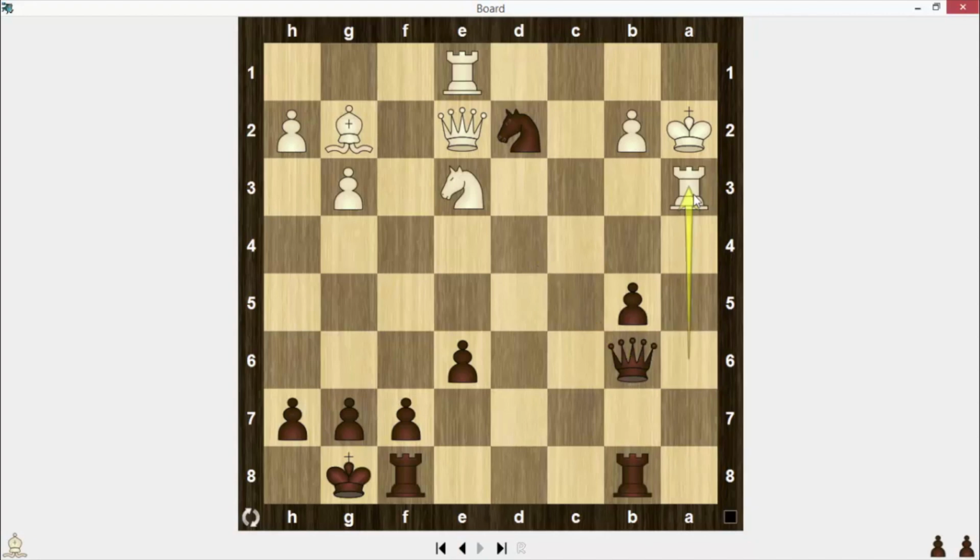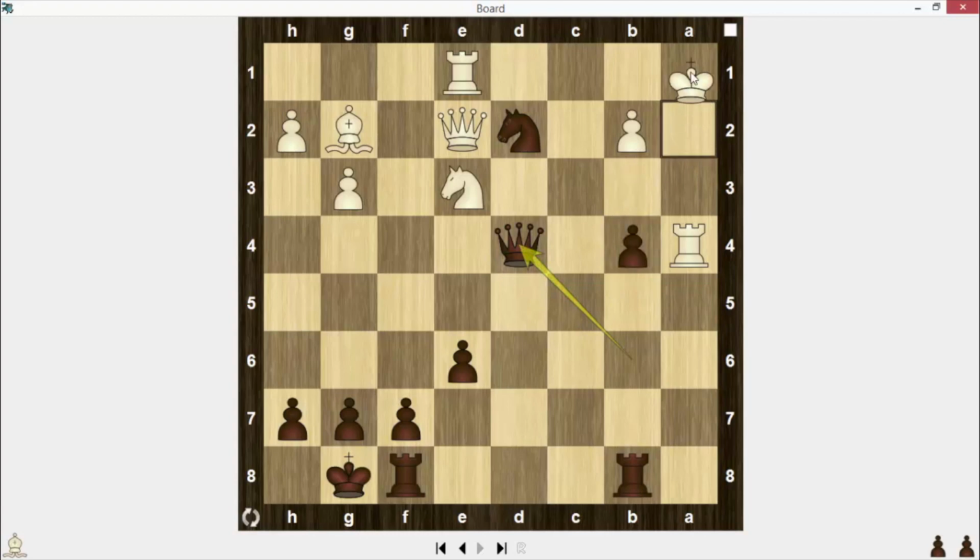He plays rook a3, b4, attacking the rook, rook a4, queen d4 with the transparent threat of b3, king a3 and queen c5 with mate to follow, king a1, rook f to c8, rook d1,